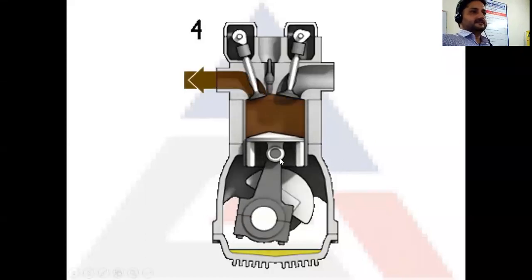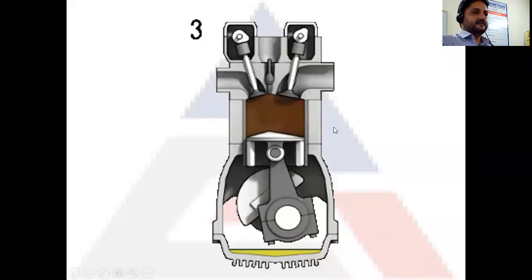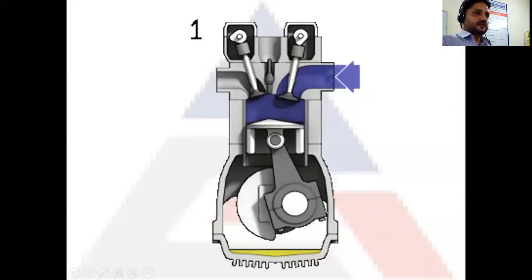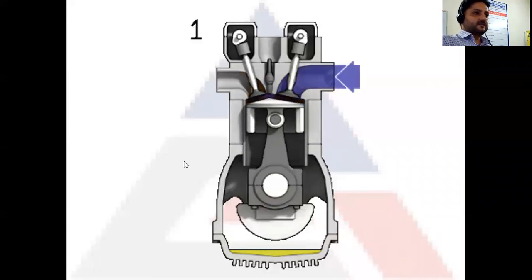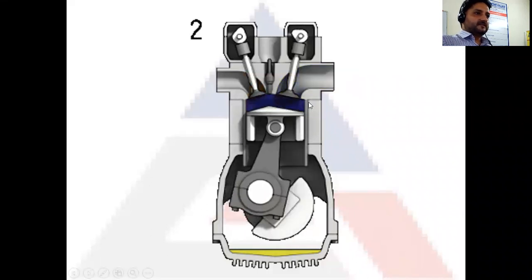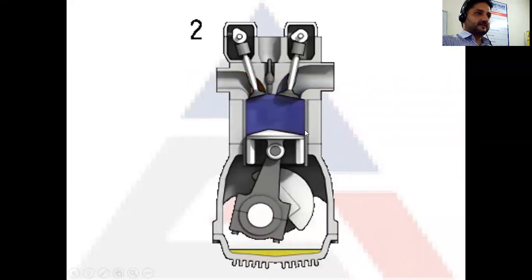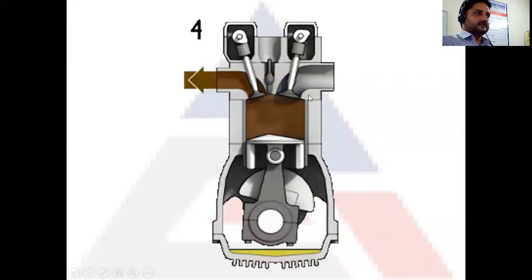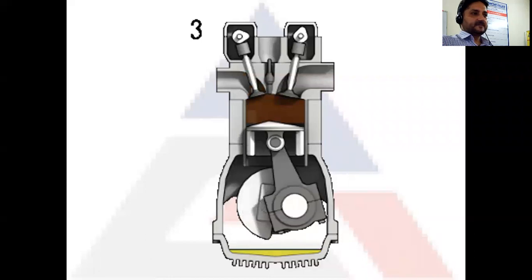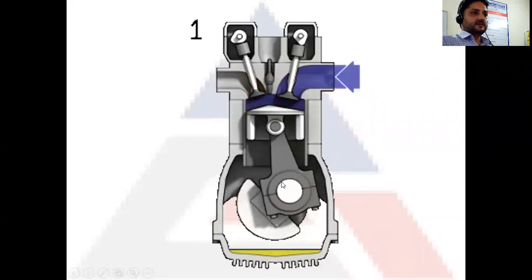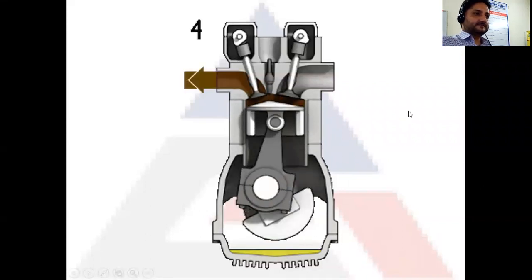So in one cycle, you have 4 strokes here. So you have inlet stroke, you have compression stroke, you have the power or expansion stroke, and the last is your exhaust stroke. So this means the piston moves 4 times. So one, it moves from top dead center to bottom dead center, then bottom dead center to top dead center, top dead center to bottom dead center, and bottom dead center to top dead center. So this completes one complete cycle for a 4-stroke engine. So that is why, because the piston moves 4 strokes during one cycle, hence the name is 4-stroke engine.